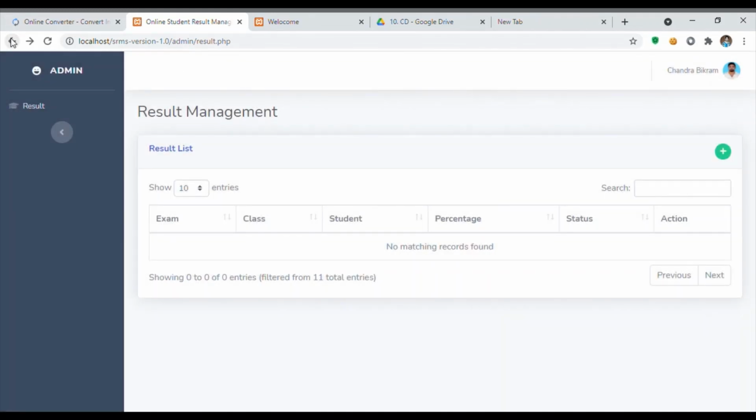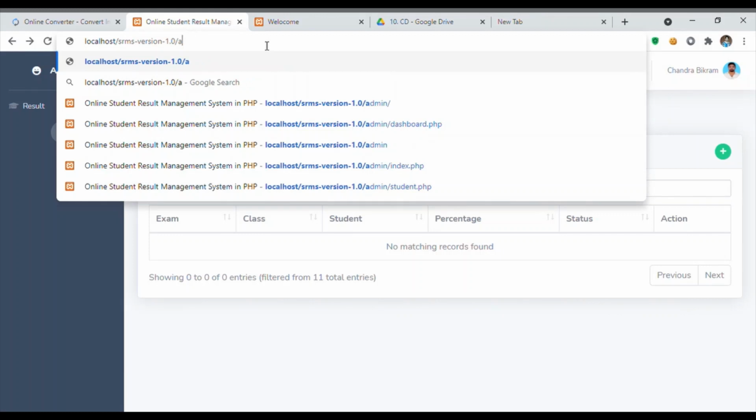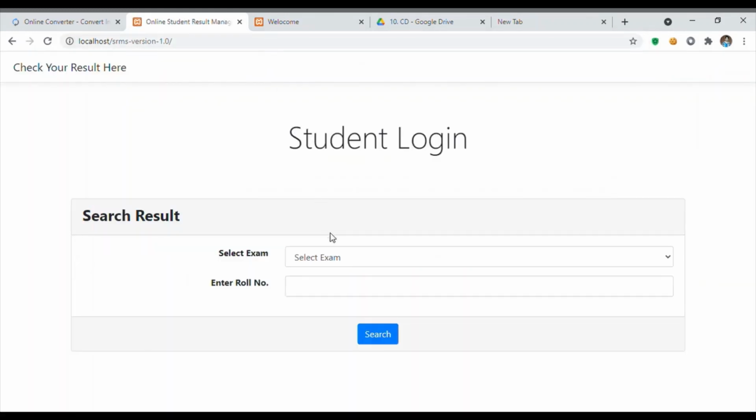And as I have made the 6th semester result live, any student from 6th semester only can go there and see the result. Suppose I know the BTU number of Chandra Bikram Shah, and here it's showing that the result of 6th semester is live, and first semester also. Only those results that are live will be seen here.